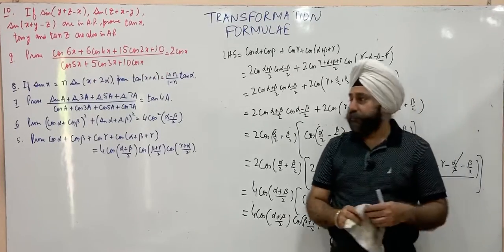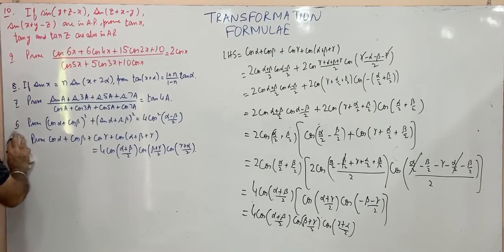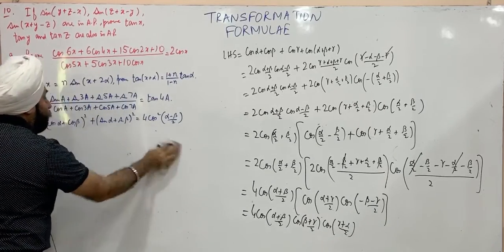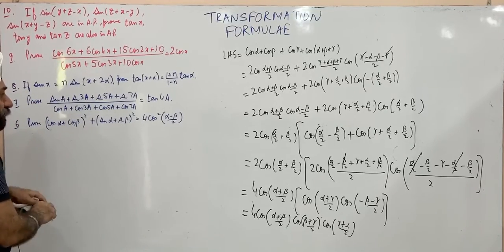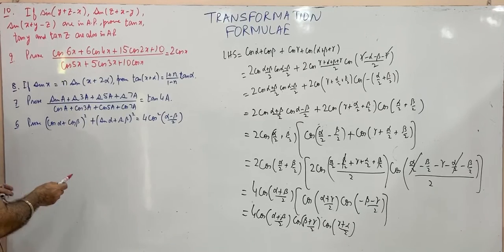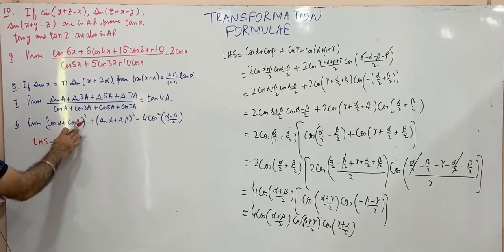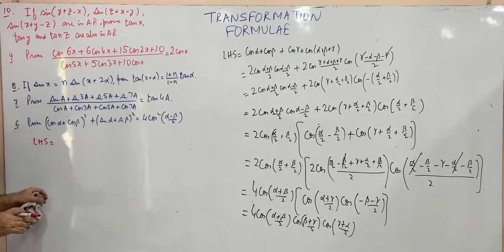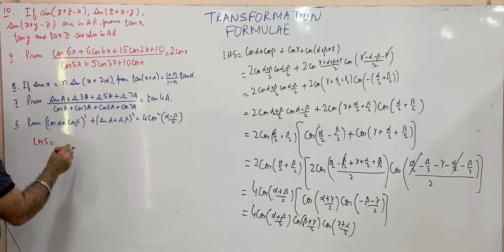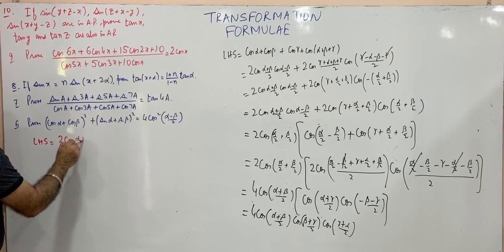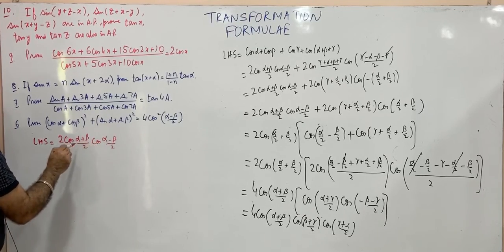The next one, we have to prove cos of alpha plus cos of beta whole square plus sin alpha plus sin beta whole square is equal to 4 cos square alpha minus beta by 2. So we will use CD formulas on the left hand side. This is sum of 2 cosines, this is sum of 2 sines. So we change sum to product. This is 2 cos alpha plus beta by 2 into cos alpha minus beta by 2.